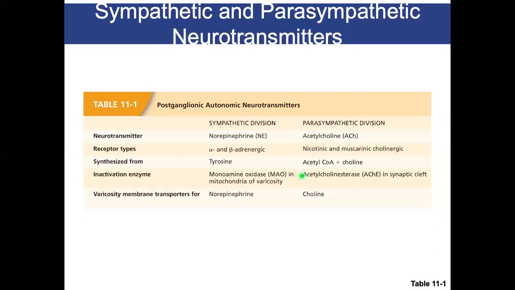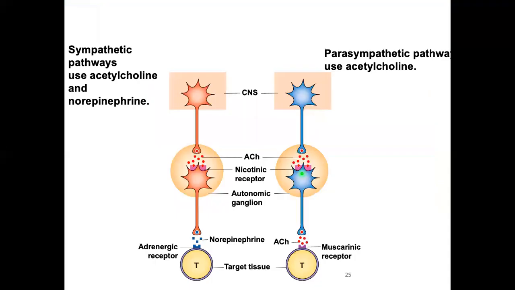We will look at this again when we get into skeletal muscle. But acetylcholinesterase is an enzyme that sits on the second nerve and breaks down acetylcholine. Okay, so it's the same